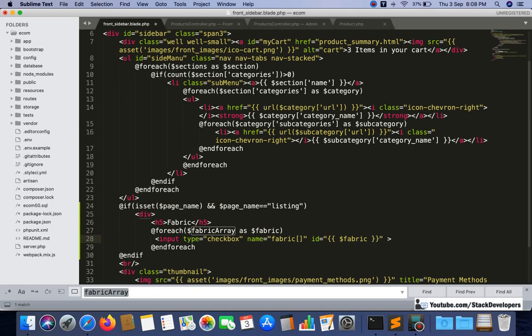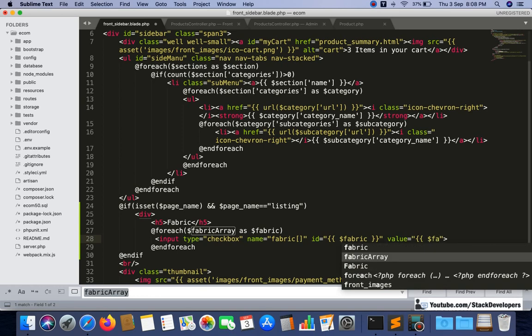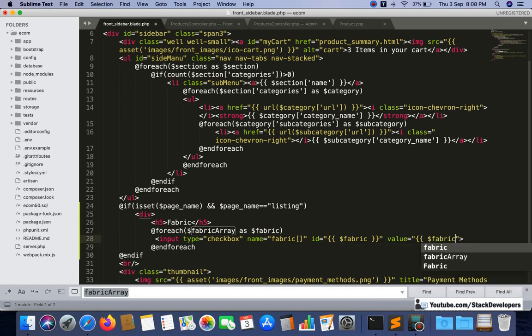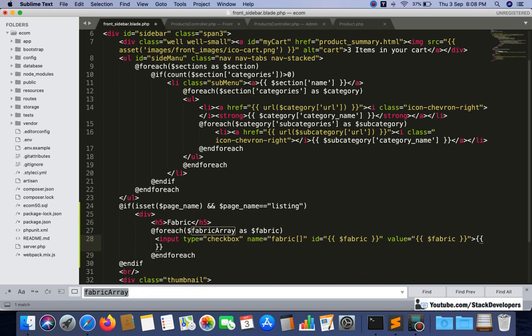And its value I am going to take once again the same $fabric, like this, and the type we have already done. And now we are going to display that $fabric here as well. Okay, so now it is fine.